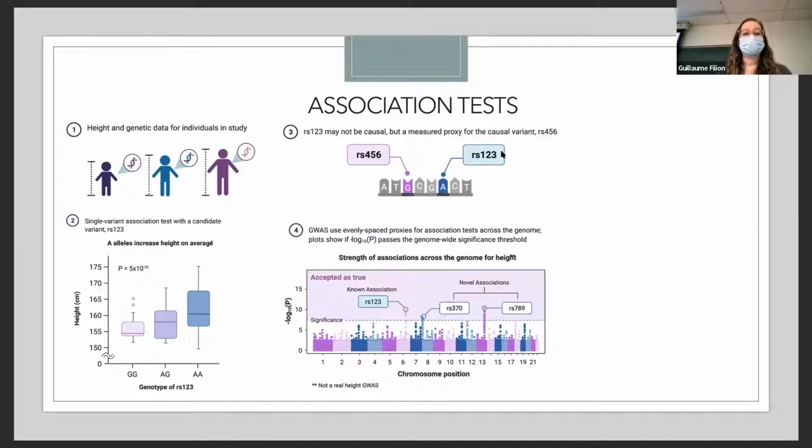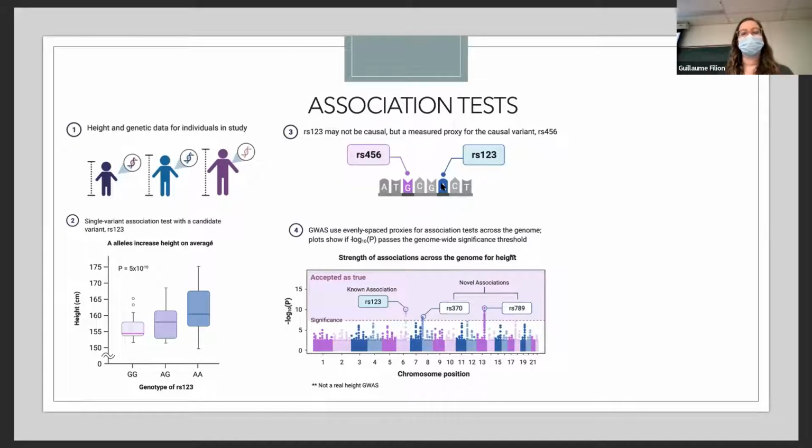The tag SNP is RS123, so that was the one that's tested, and that's the one that's going to be associated. This number 3 is just showing that it might actually be 456 that is the causal variant, but we didn't test that. Because it's linked to 123, we're still picking up that association with 123. So it's just the idea of this tag SNP again. 123 is the tag, and it's picking up an association even though anything linked to it could be the actual